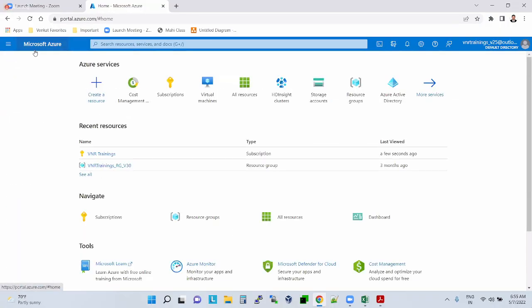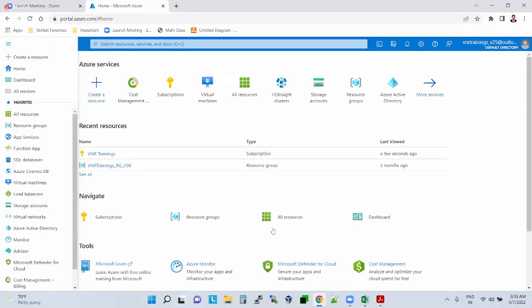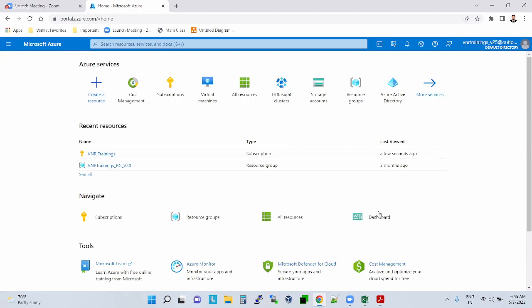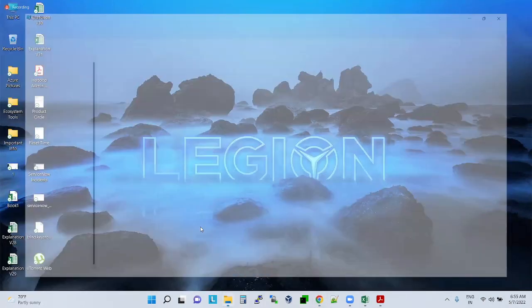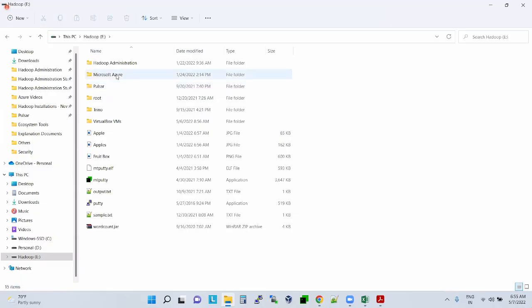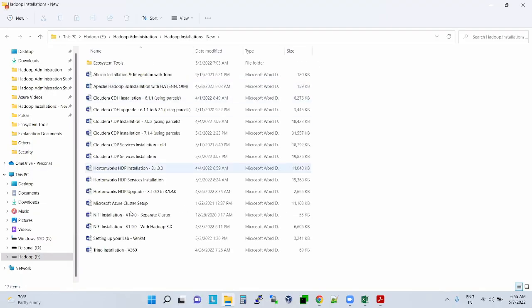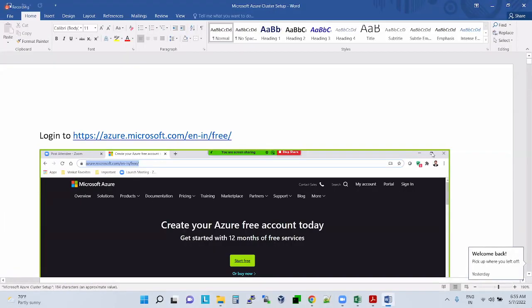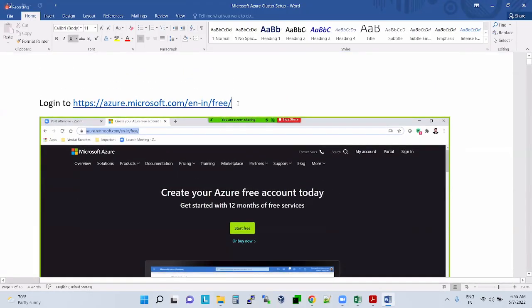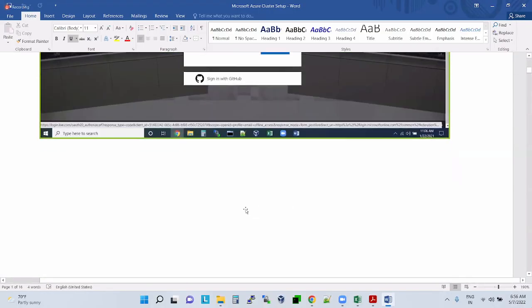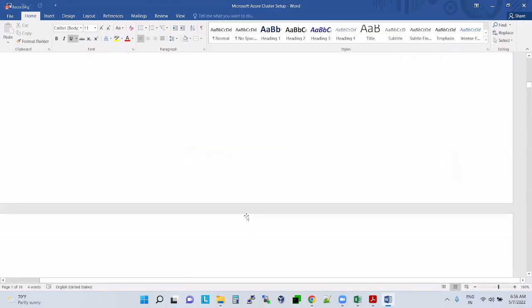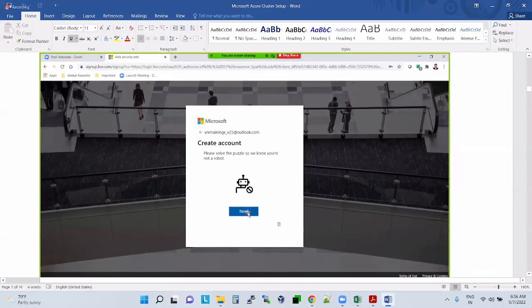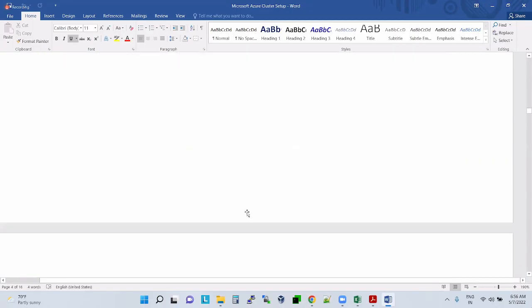So now what we will do is see how to create an Azure HDFS cluster. As I told you yesterday, first of all, if you want to launch a Hadoop cluster, you should have a paid subscription. Free subscription will not work. You can create a free account, but when it comes to subscription, you should have a paid subscription, and you should use your credit card also.